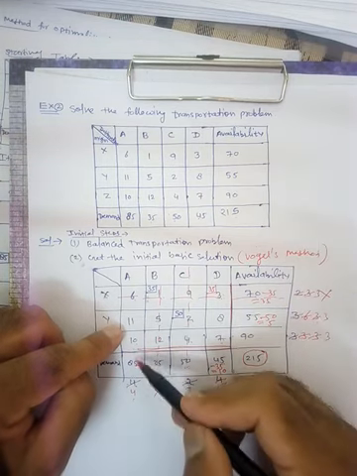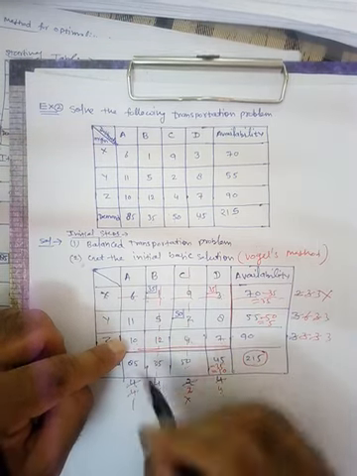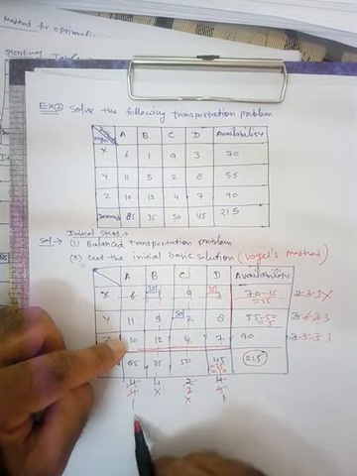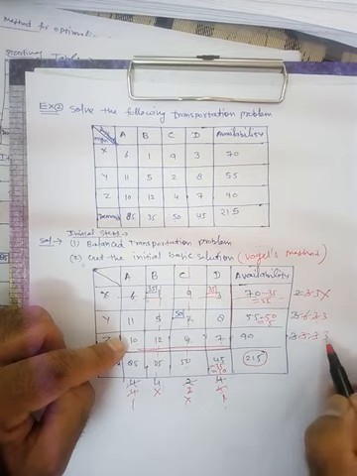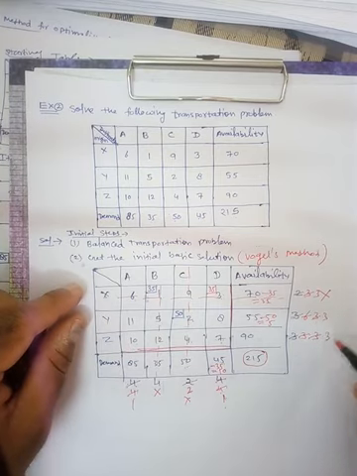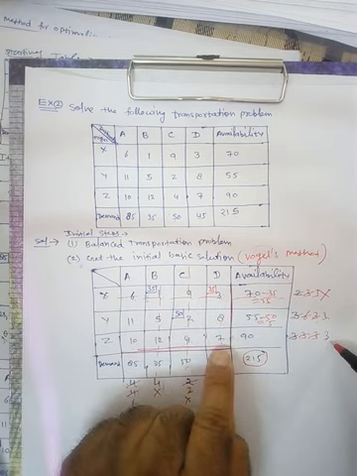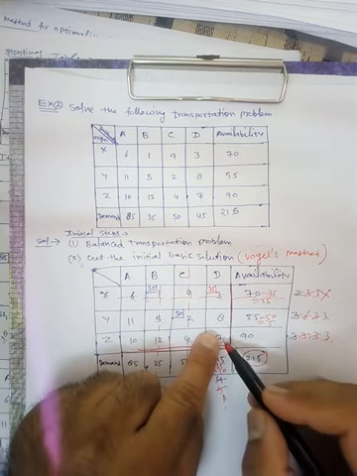Now they are recomputed again. So this is 1. This is again 1. So here is difference 1. Here is 1. Here is 3 and 3. So we have to pick either this 3 or this 3. If you take this 3, then the minimum is 8. If you pick this, then the minimum is 7. So we will take this 7.